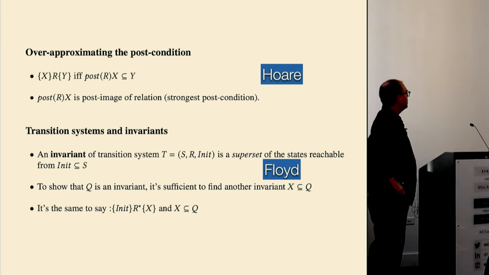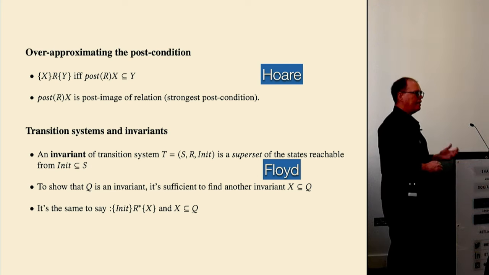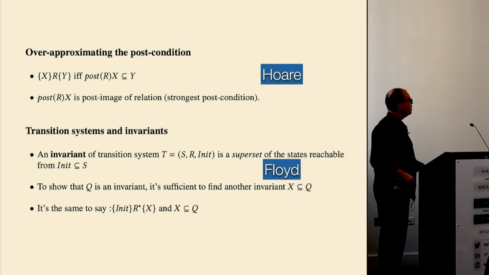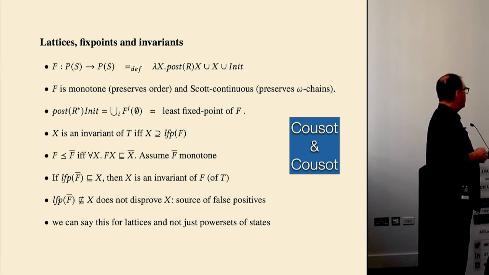So the beauty on the over-approximate side: there's the Hoare triple, right? And I would associate that with Floyd, although I don't think Floyd ever used the word invariant. But a superset of the states at each program point, let's call that an invariant. I don't know who used the word for that, but Floyd had that idea in his paper. And then to show that something is an invariant, it's sufficient to find another invariant less than it, right? So if you've got your postcondition Q, you find some stuff that implies Q, with the rule of consequence down at the bottom is the way you say that. But Floyd had these ideas of the over-approximation at every program point, and this is sufficient to prove a program. Very, very beautiful to me. So simple. And then the third part of the triumvirate of beauty, which is Floyd, Moore, and Cousot, which is that